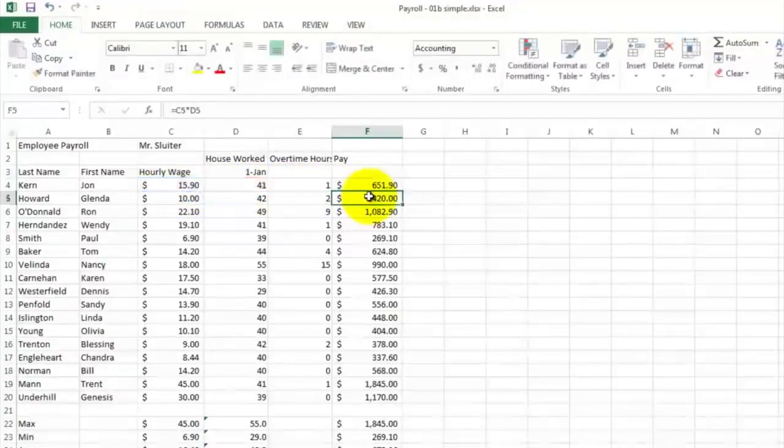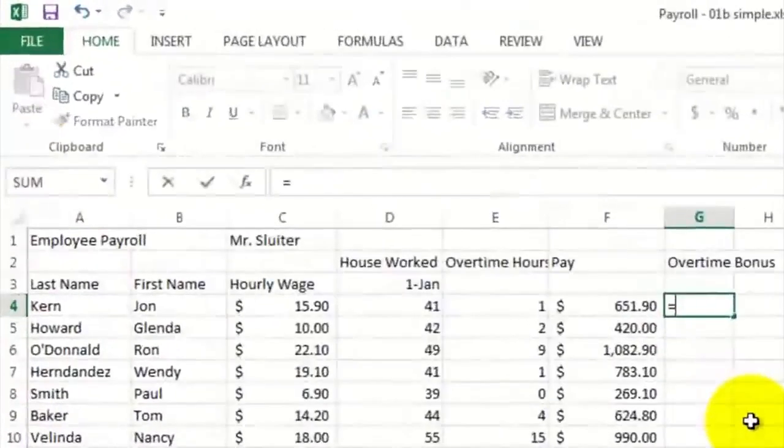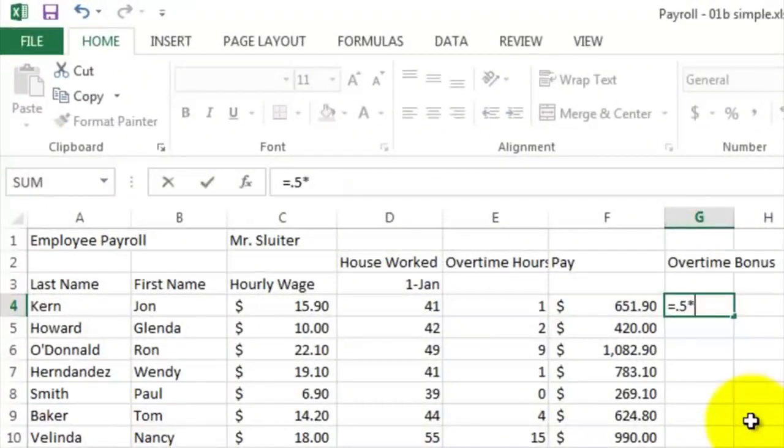That's great, but now we give them a bonus for working overtime. So let's create a new column and call it overtime bonus. Now in this formula, we're going to calculate a bonus for the number of overtime hours they worked. So I'm going to say equals 0.5 and use the times sign. 0.5 times their hourly wage, so we're going to give them half of their hourly wage times the number of